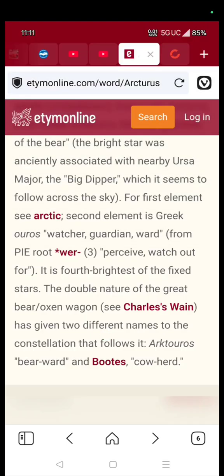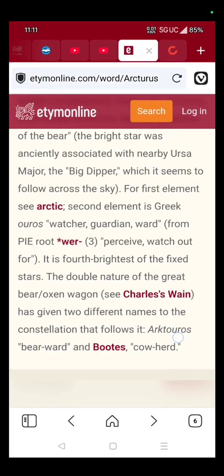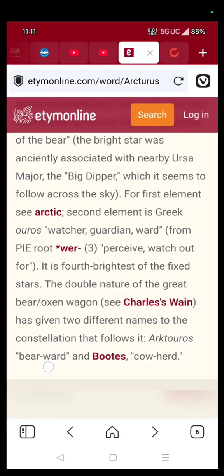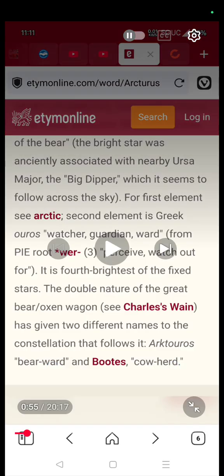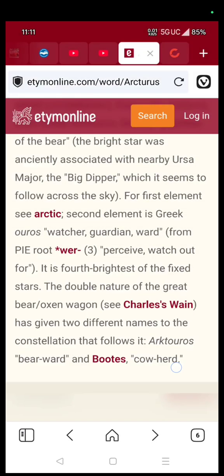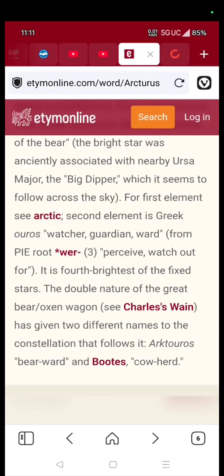Arctic. First element, Arctic, is Greek. Now, we already know that Arctic means bear. Ouros is the watcher. Arcturus, the bear watcher or the bear ward. The bear down here, Arcturus, bear ward, which means it's the watcher, or the cow ward. Cow herd. Herd is ward, and ward is herd. Okay? The watcher. The cow herd. Okay. So